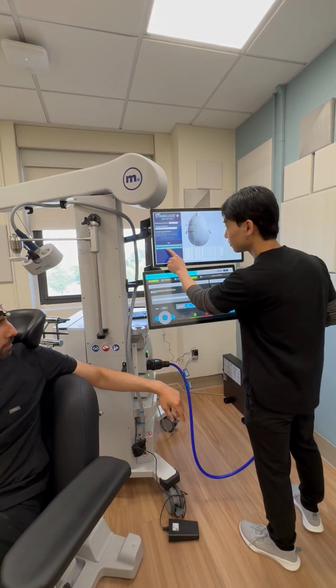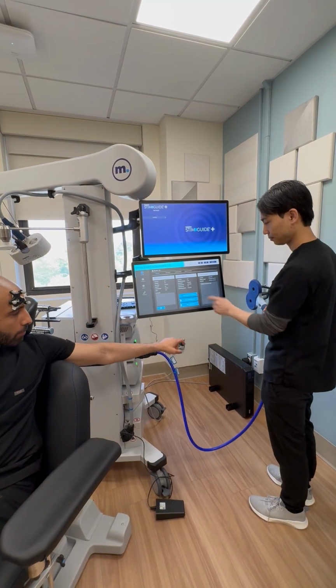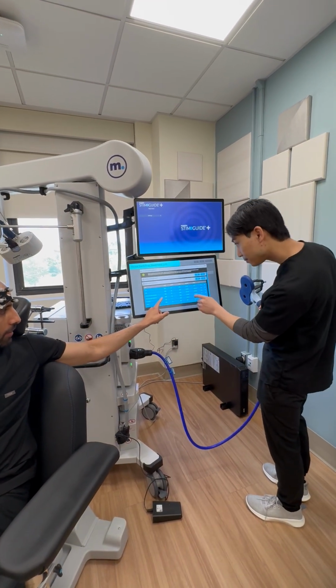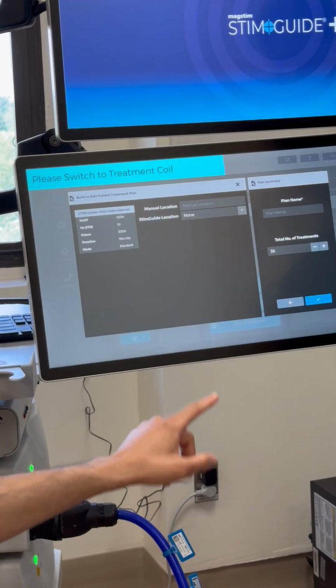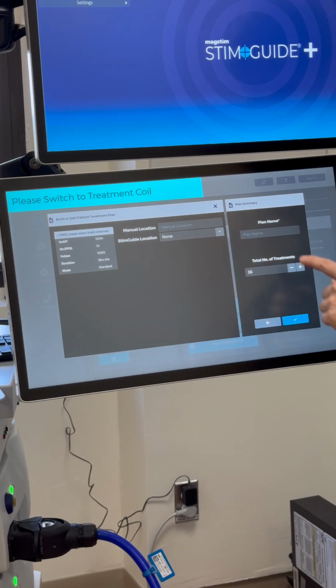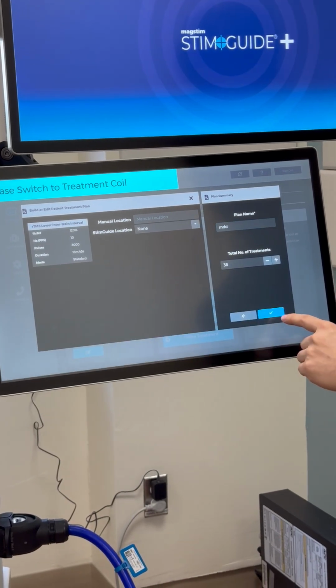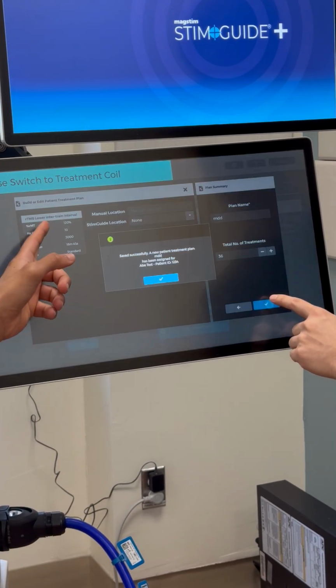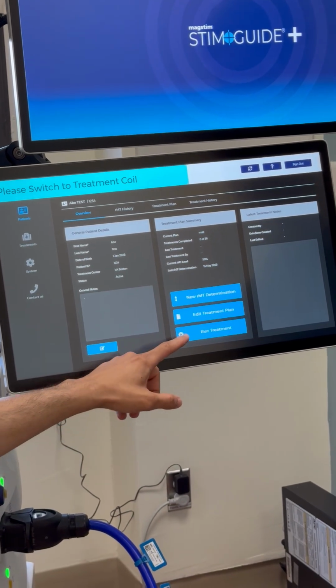So we can save and exit, and save and close, and we're going to edit the treatment plan, and we're going to select the 10 Hertz 18-minute protocol, the standard protocol, the DASH protocol, and we can name it whatever we want. So that's for 36 treatments, DASH protocol. Yep, we're okay. And then we're going to go to run treatment,